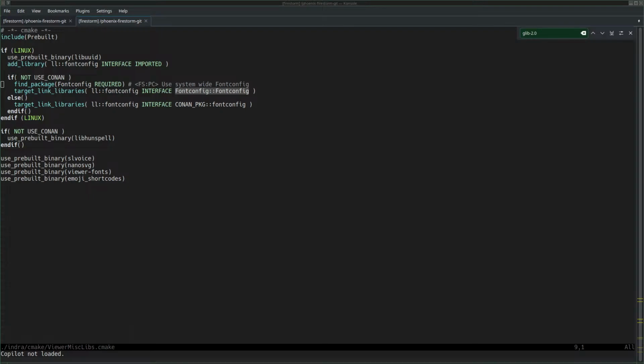After finding that with find package, aka package config. Font config